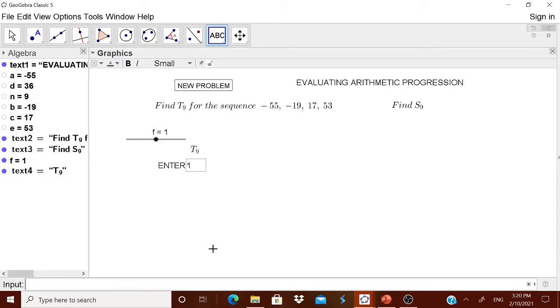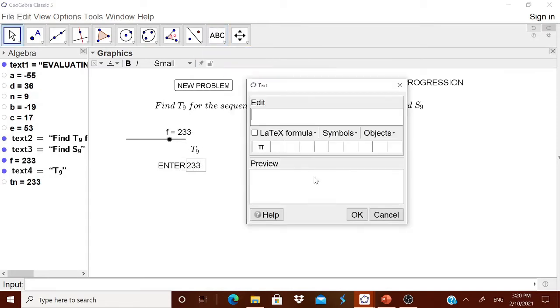What is the formula for it? Tn is equal to a plus n minus 1 into d. That's all very simple. I think it has already found 233 directly. Therefore, if a child is entering here 233, okay, he has entered 233. Now you go to this ABC and then type here, correct,